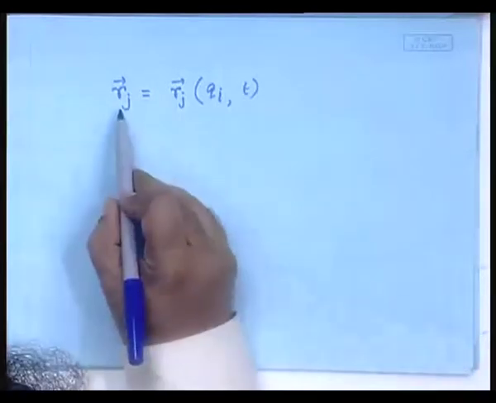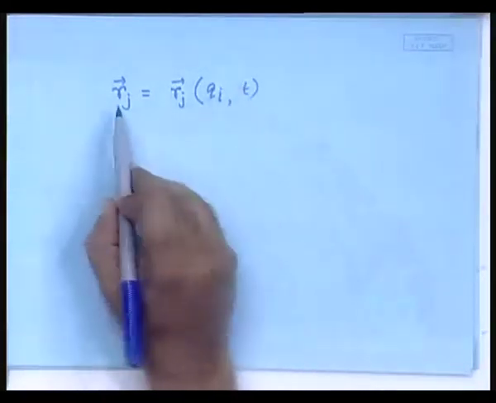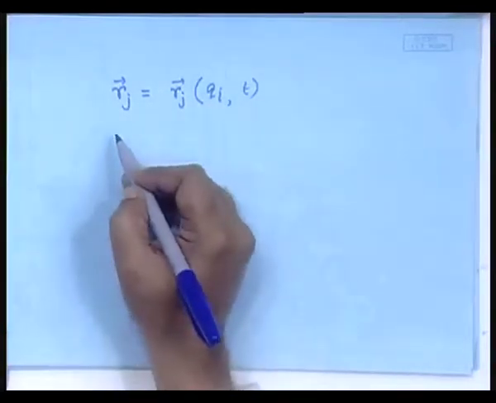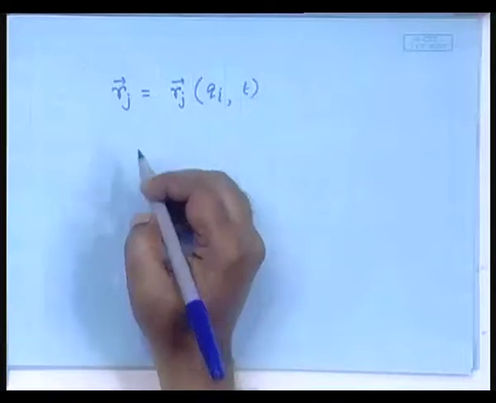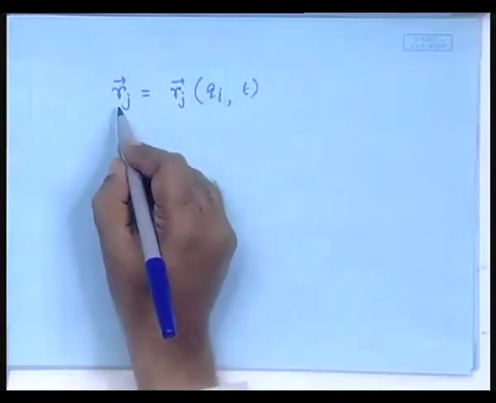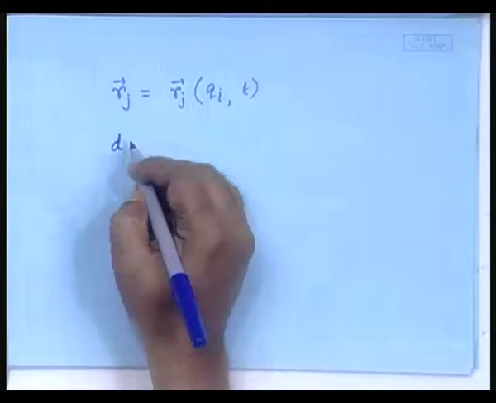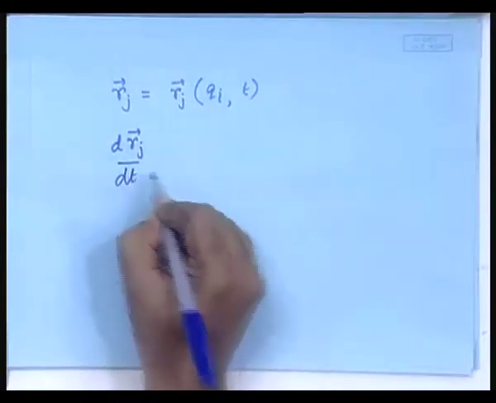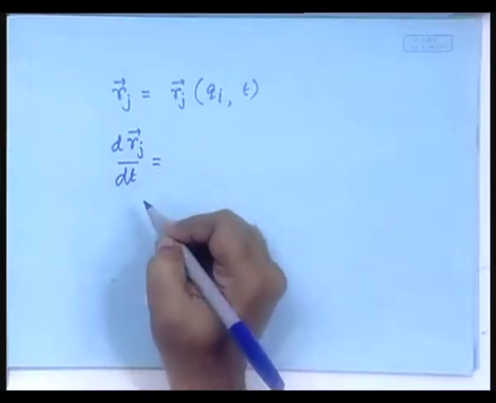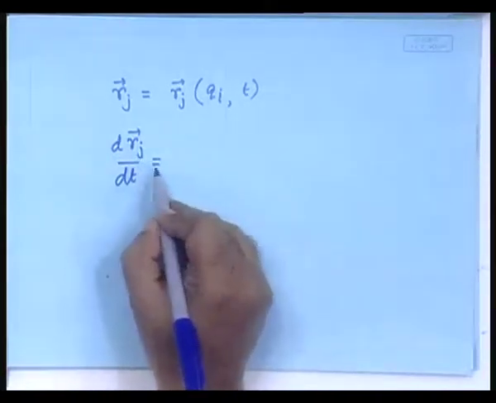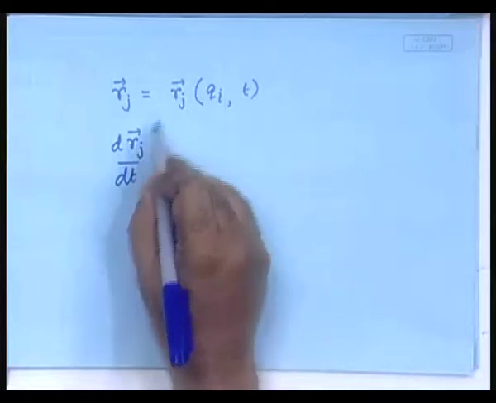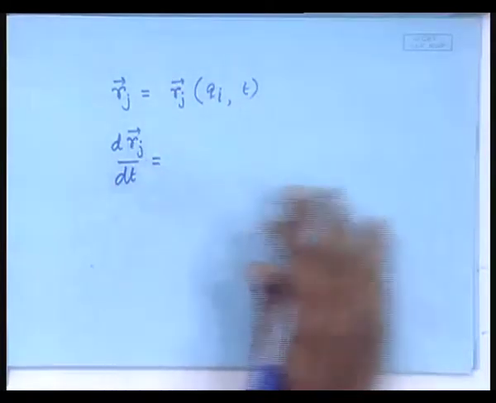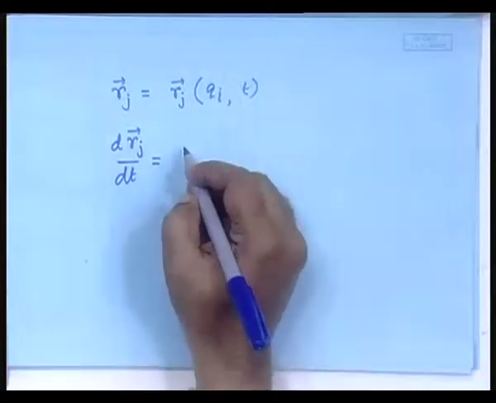Now, once we have defined the old set of coordinates in terms of the new set of coordinates, we can also define the velocities. The velocity would be r dot j or d r j dt. So, if r j is dependent on all these, when you take the derivative, it will be expressed in terms of, so you will be able to write